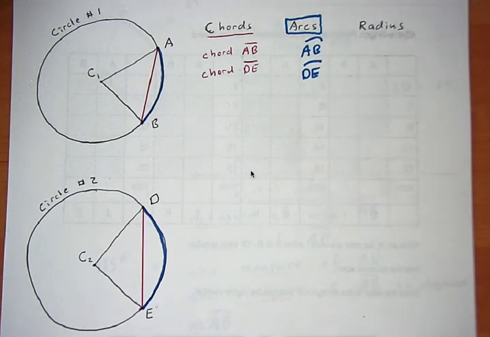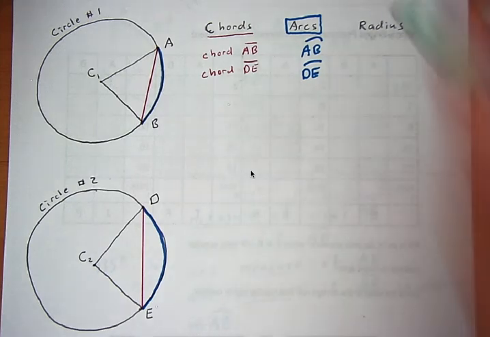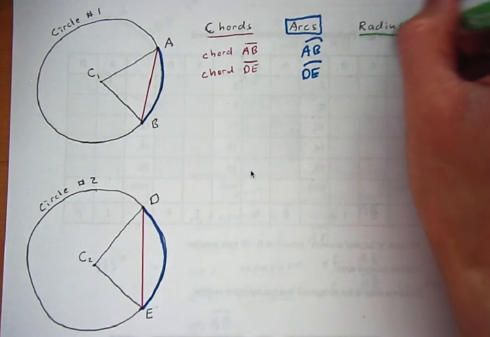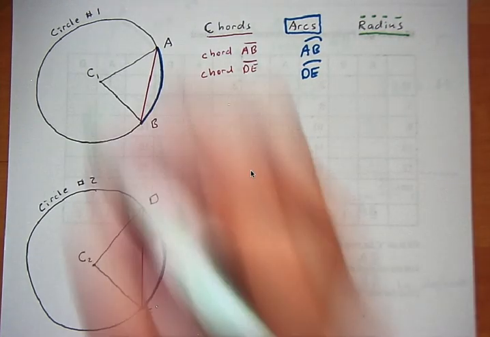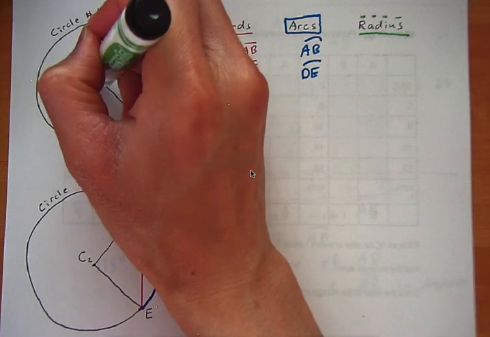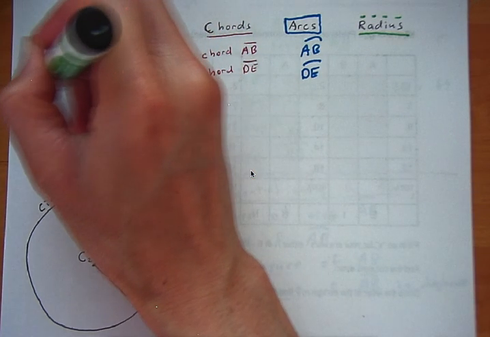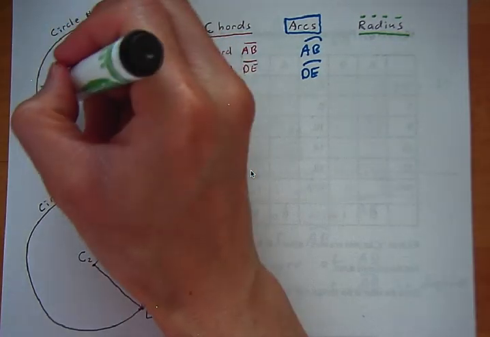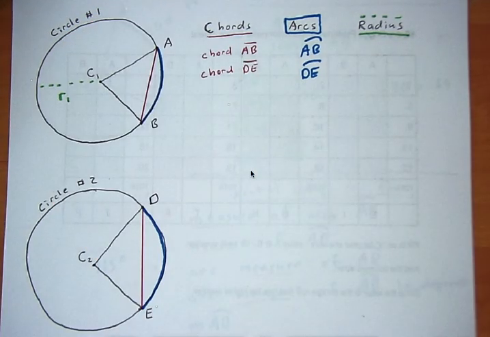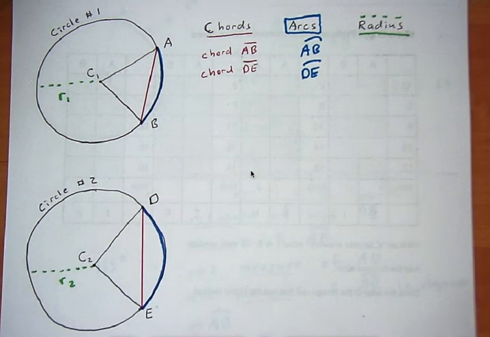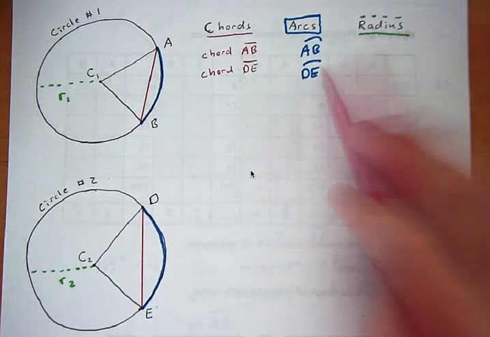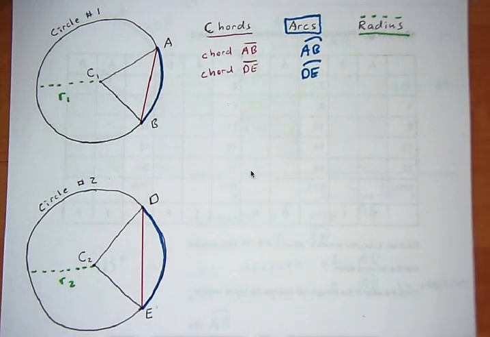Okay, and our last word here, radius, which I'm going to write as a dotted line in our picture. So radius is from the center going to the side. We'll call this radius 1. Call that radius 2. Okay, so now that I've labeled the radiuses, the arcs, and the chords for both of my pictures,